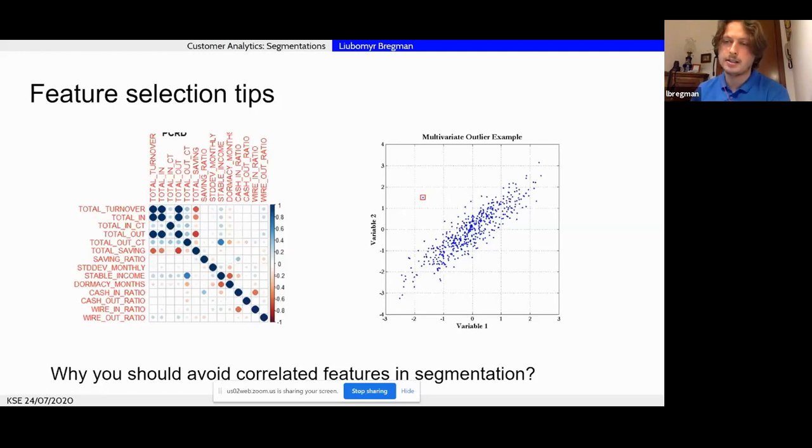So if you generate segmentation for, what was my example? Campaign optimization, you have a model after. So do exactly the same for feature selection as in the next model. And there are many ways how to do feature selection for supervised methods, like for regressions or predictions.